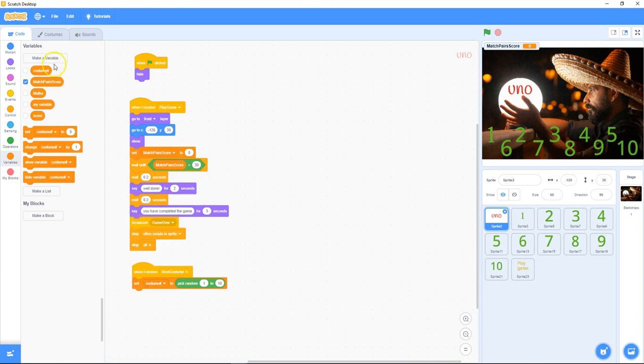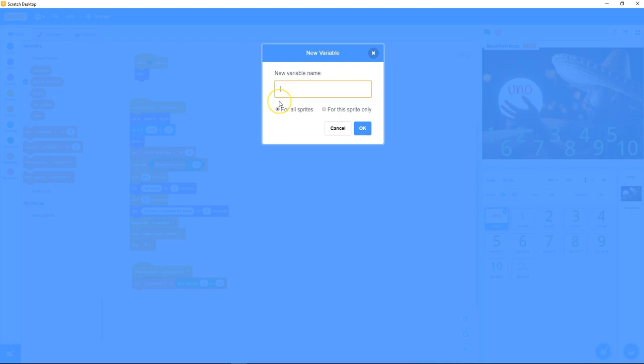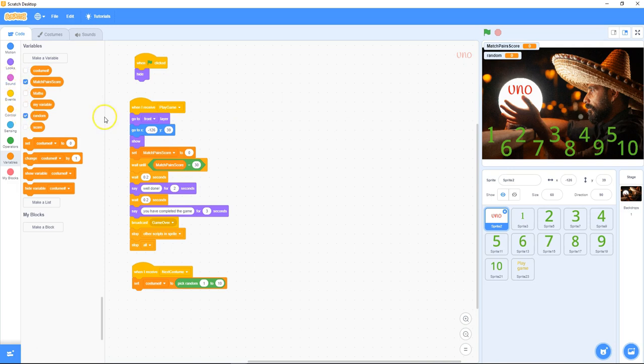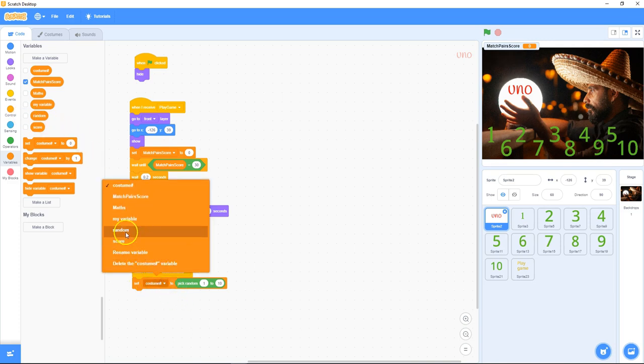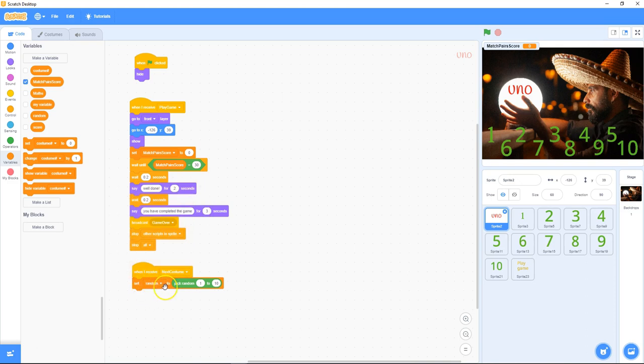So if we go to make a variable and do random, and say OK. Then untick it, otherwise it appears on your stage. Untick it. And then under here, random appears here. So set random to pick any costume from 1 to 10. Then we want